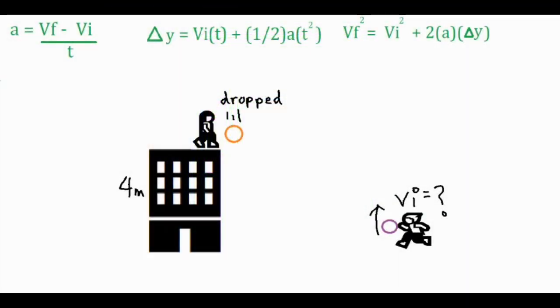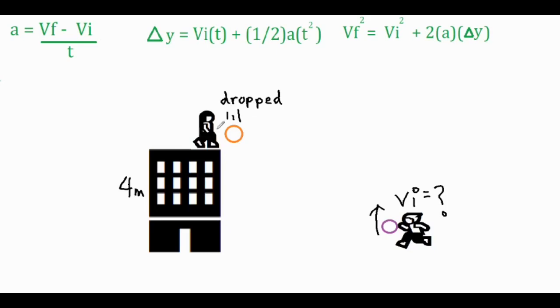In this video, we're going to be taking a look at a free fall problem where a ball is dropped from a 4-meter tall building, and simultaneously someone has to throw a ball upwards so that each of the two balls land at exactly the same time. So the first thing we're going to do is go ahead and label all of our known